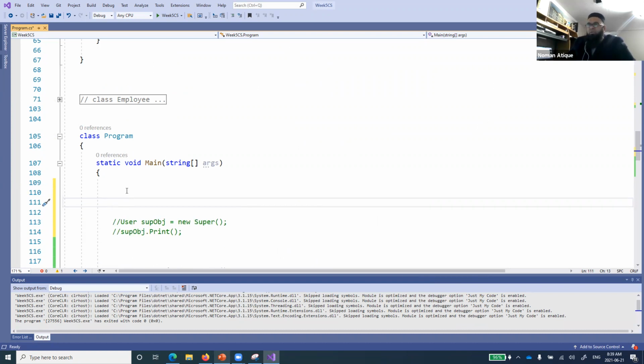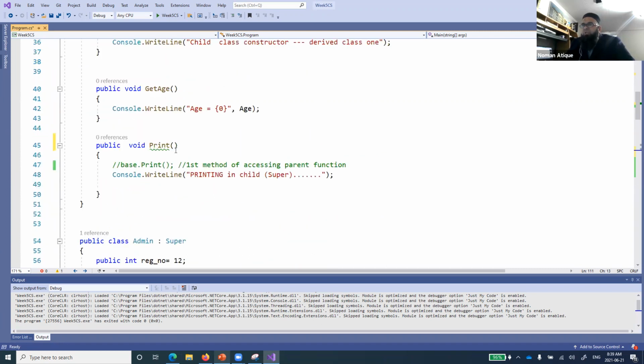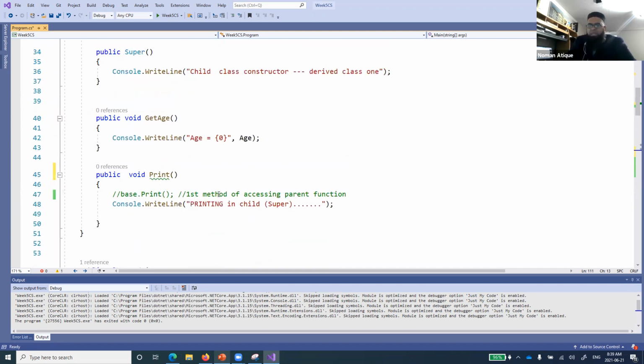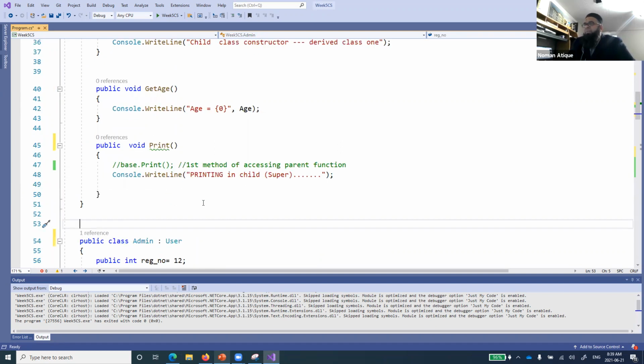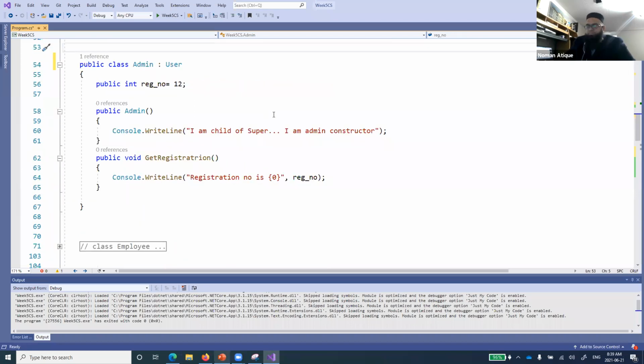Right. So what I'll do is create a user, and this is an array now. Users equal to new user, and now here I want to create just two, because I have got two classes only, one child only, or maybe it's the child of the super. So let's make it a child of user again. I'm just creating all of them as the method. Okay, and then just run that.